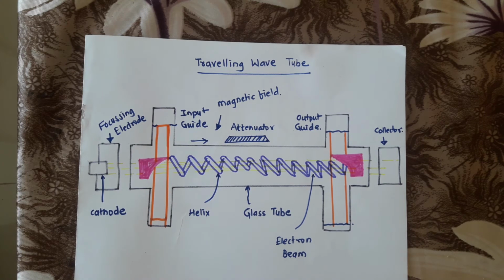Now, while talking about the operation of this helix type of structure, the TWT may be considered as a limiting case of the multi-cavity klystron, one that has a very large number of closely spaced gaps with phase change that progresses approximately at the velocity of the electron beam. This also means that there is a lot of similarity with the magnetron, which we are discussing in our next lecture, in which the same process takes place.